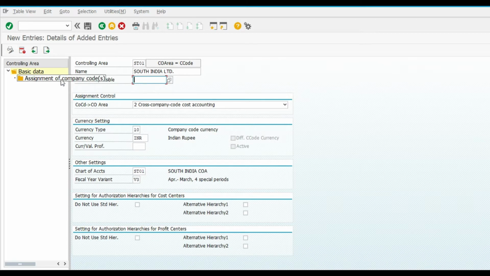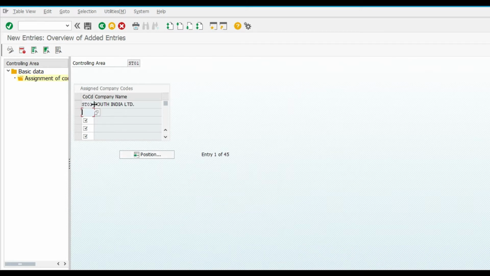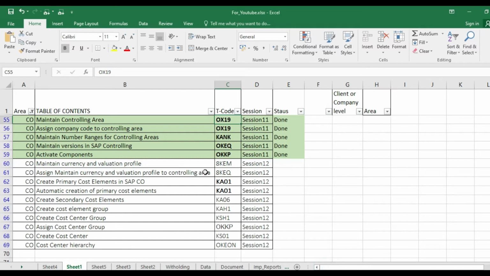Now go to assign component, new entry, our company code is ST01, and we can assign one controlling area to many companies. Now save, transport. Now this step is completed.